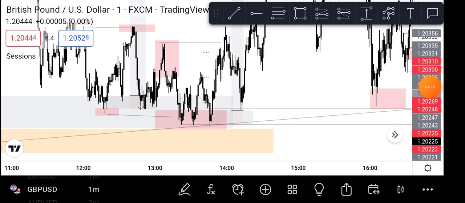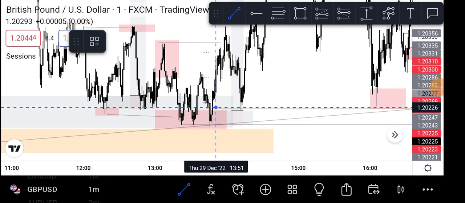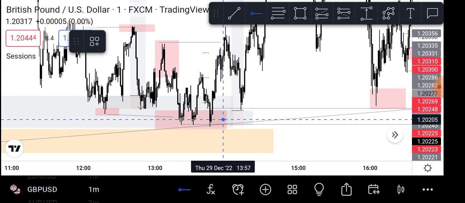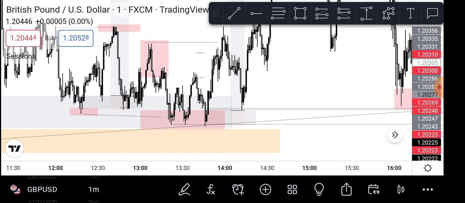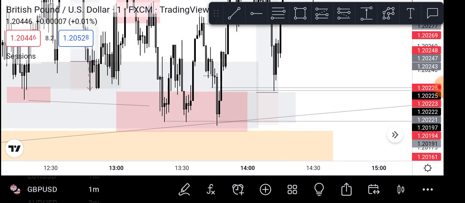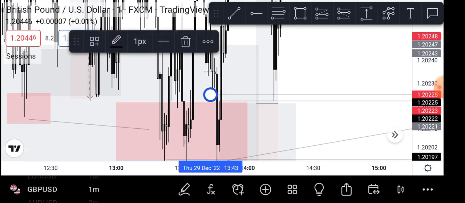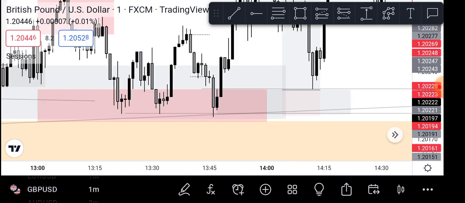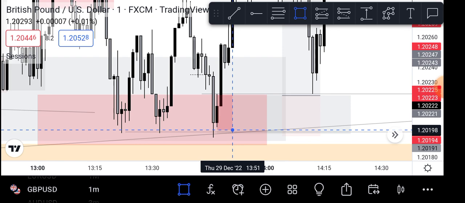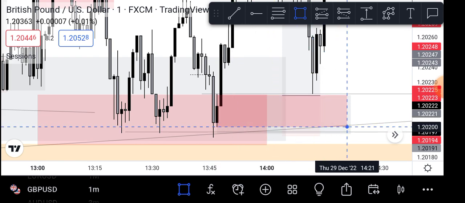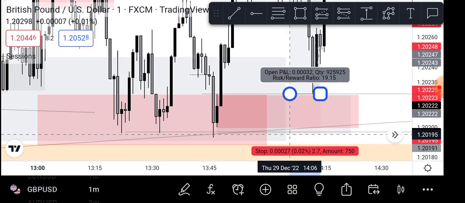So now, after the break of structure, what do you see? You see right here. You getting me? So that's the last point. This candle right here. You can see that candle right there. That was the range. That was the last point. The range. So if you put a trade there, you can put your